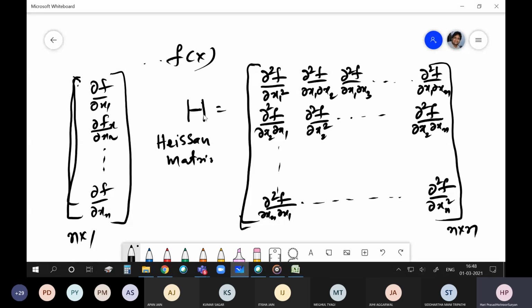Because this is a matrix, whereas in the case of a single variable it was a scalar, we would know that if it is negative it will have a maximum, and if it is positive it will have a minimum. But how can we say, by seeing the structure of this matrix, whether we will be having a local minima or local maxima? Does anybody have any idea?